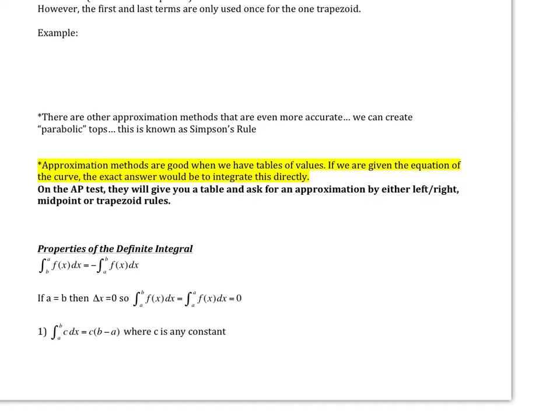These are called Simpson's rule, one of them. And with Simpson's rules, we're doing the same thing, but we're creating parabolic tops. We are not going to cover Simpson's rule in the AB course. Now, approximation methods are good when we have tables of values and we're given the equation of the curve, but